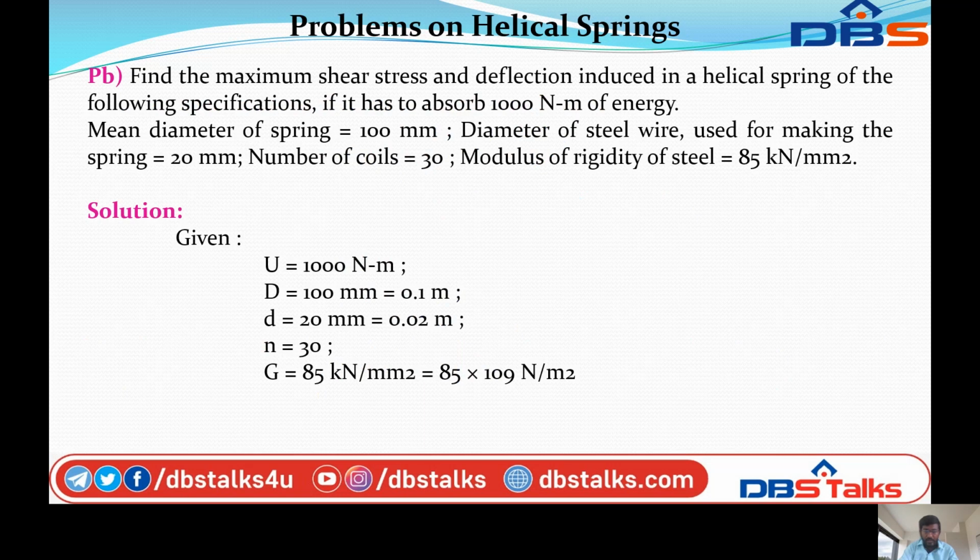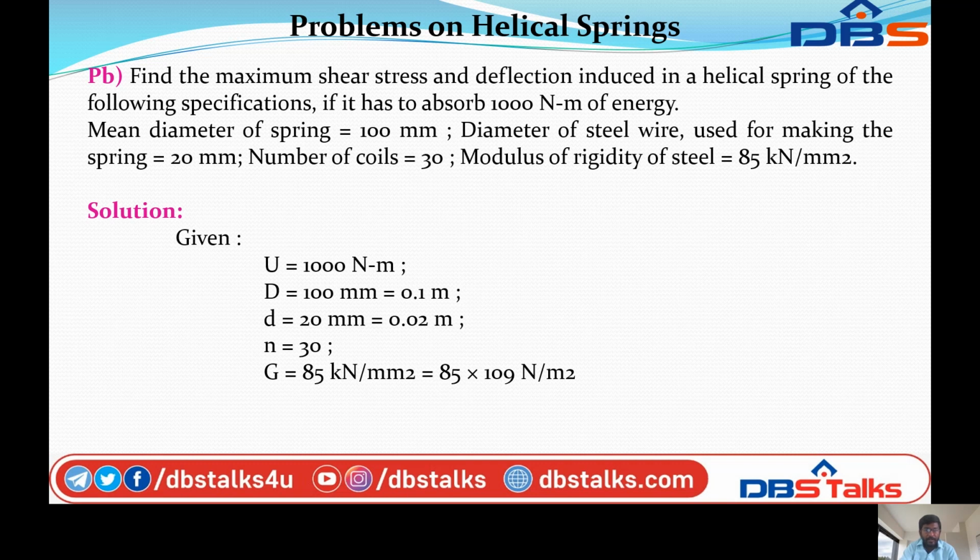For the first problem, find the maximum shear stress and deflection induced in a helical spring of the following specifications, if it has to absorb 1000 Newton meter of energy. The mean diameter of the spring is 100 mm, the diameter of the steel wire used for making the spring is 20 mm, number of coils 30, modulus of rigidity of the steel 85 kN per mm square. First, you can note down the given data. Given U